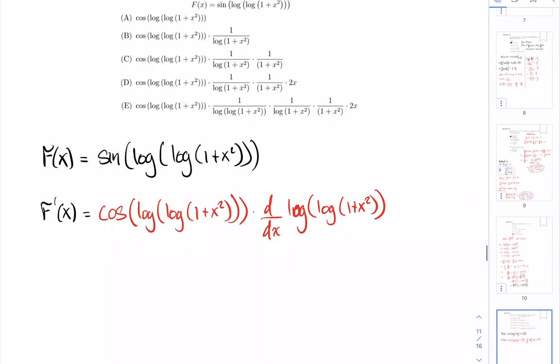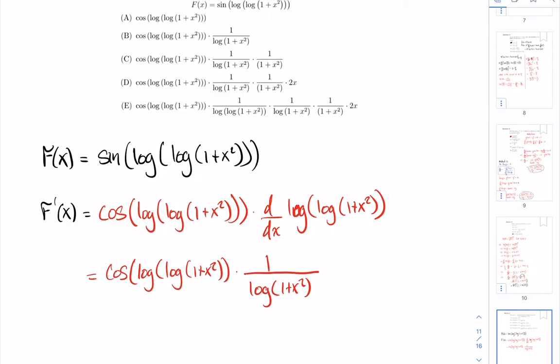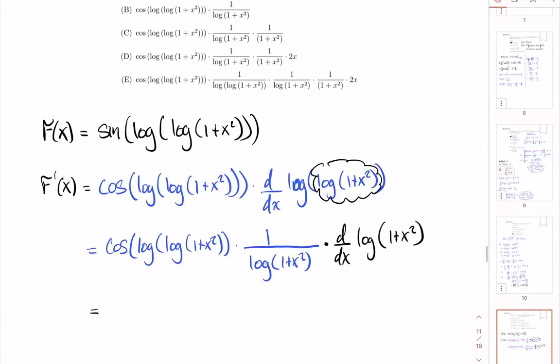All right, so, which is now equal to, we're still going to have the same cosine of the log of 1 plus x squared times, now we want 1 over the log of 1 plus x squared, right, which is our inner function here, okay, times the derivative with respect to x of the log of 1 plus x squared, which is equal to,